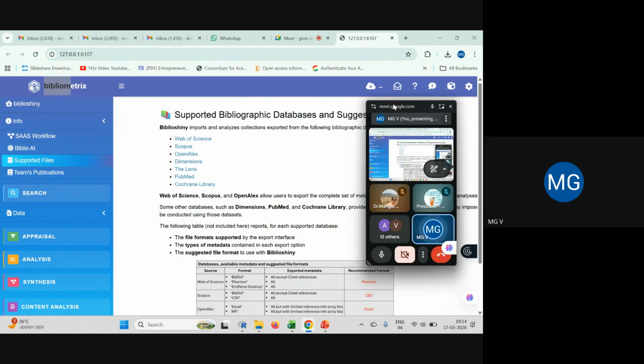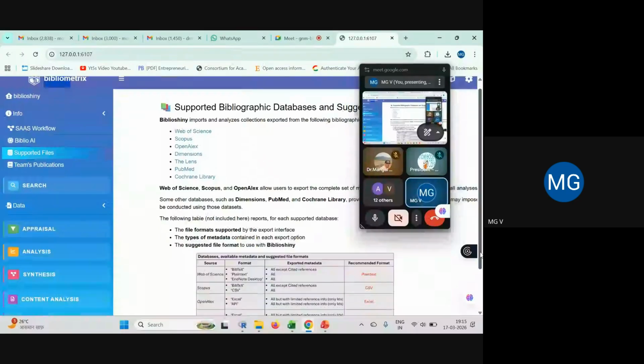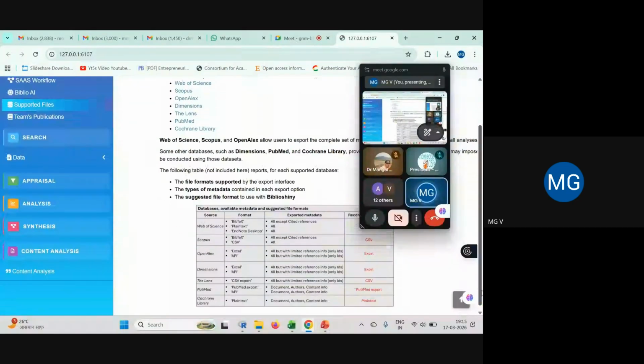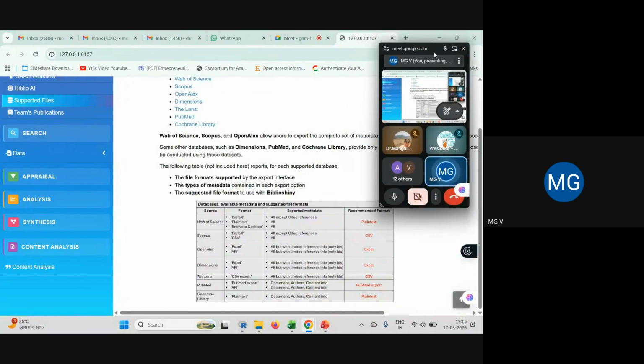And here they have explained the file format supported by this interface, the type of metadata, and the suggested file format to be used in Biblioshiny. So nothing to worry, no new notes required because the tool itself is self-explanatory.